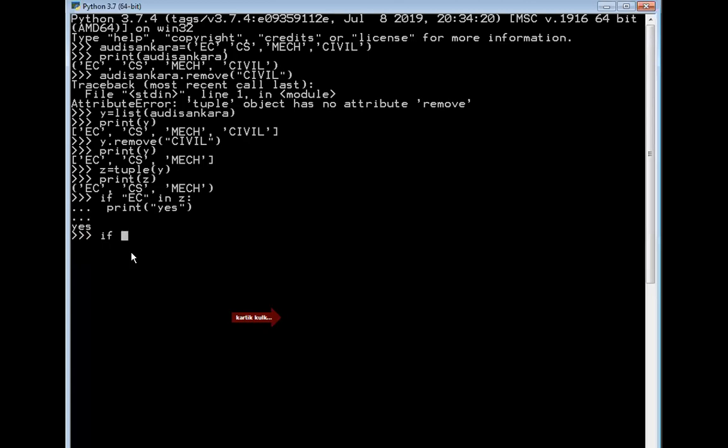I will use if, and specify the branch AI, then in, and then Z. Z is nothing but the tuple name.